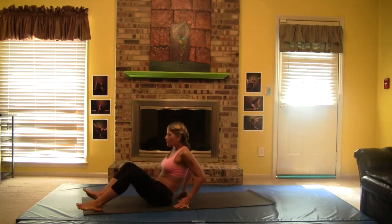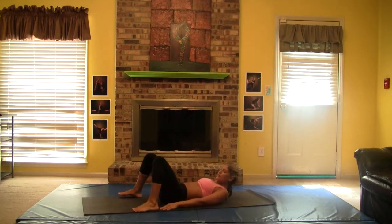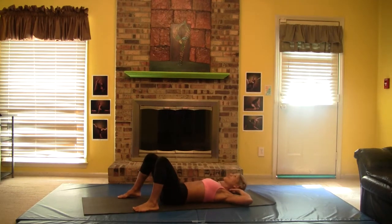So laying on your back, you're going to bend your knees and bring your feet mat distance width apart. Bringing your hands behind your head, but don't clasp. You want your hands right outside of your ears. Elbows are open. You can look straight up to the ceiling and just lift up for 1, and 2, 3,